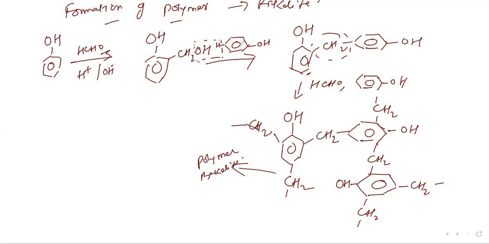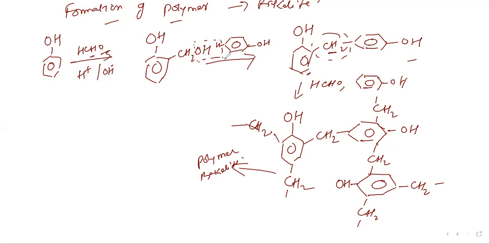And remember one thing, that when you take excess of formaldehyde, right, you have CH2OH group here, here, here, something of this sort, right, which will react in this sort with phenol molecule to form this type of molecule, where the CH2 group is linked to methylene by a condensation,